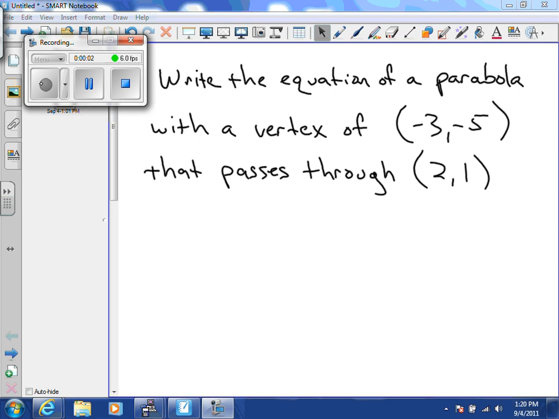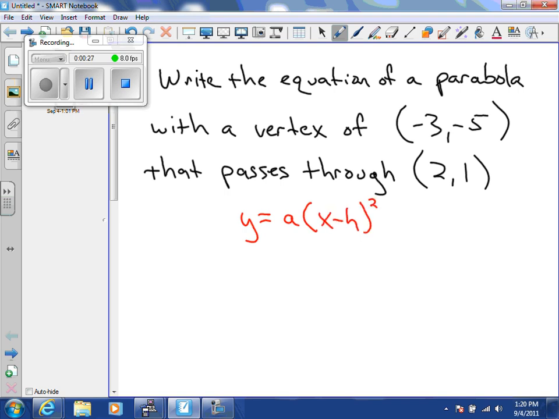This is a continuation of the standard form problems pertaining to it. Another type of problem you'll see is we're going to ask you to write the equation of a parabola with a given vertex passing through a given point. So to do this, we recollect that first of all, standard form